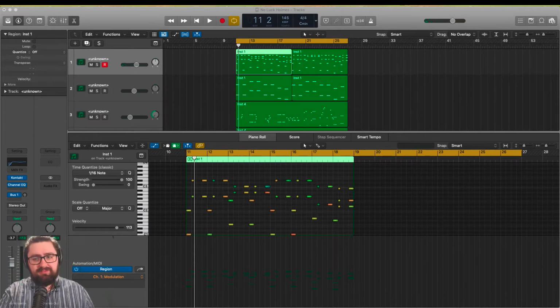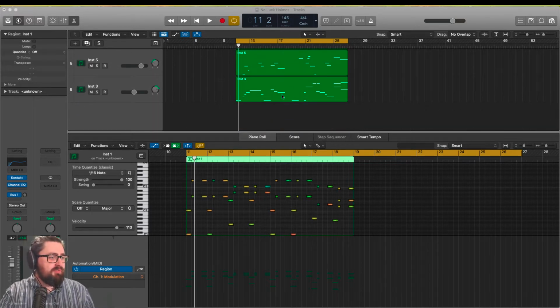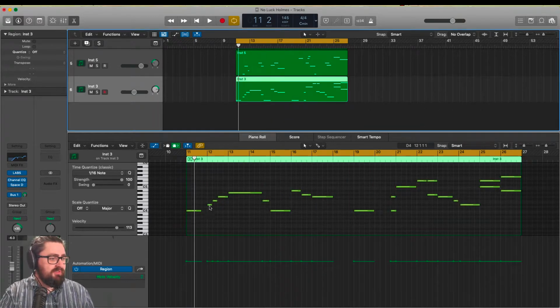So let's say I have a session in Pro Tools, or I have a session in Logic, or I have a session in Ableton, and I want to import it into MuseScore. So first, what I need to do is essentially have all my MIDI. In this case, what I'll try and do with MIDI notes is ensure that I'm not getting a whole lot